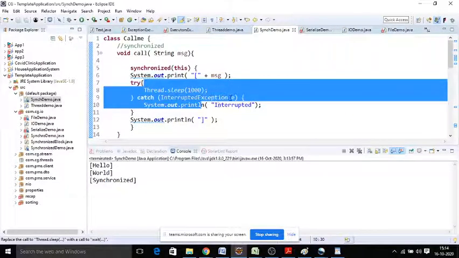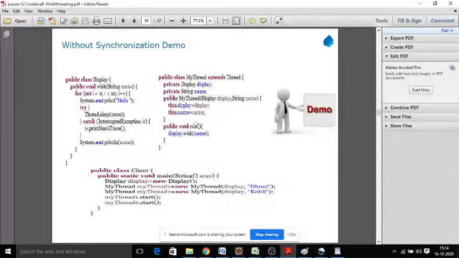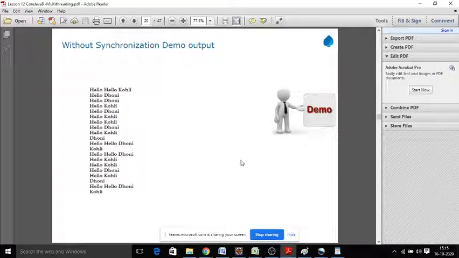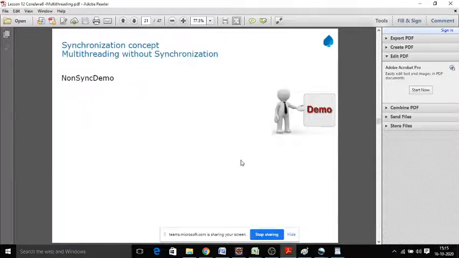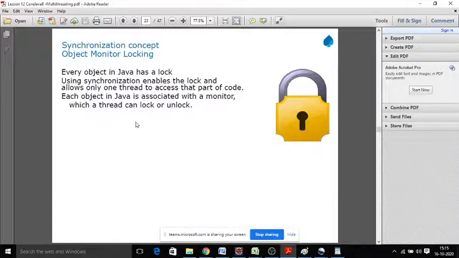So a proper locking and unlocking mechanism can be maintained by the JVM. That is what is explained in this. When multiple threads are trying to access a common resource, when all the threads are started, we have to control them properly with synchronization. We achieve this by means of a synchronized block or synchronized method. The keyword you need to use is synchronized, and that has to be applied to a method which is getting affected by the concurrent threads, and that keyword is going to monitor your object.